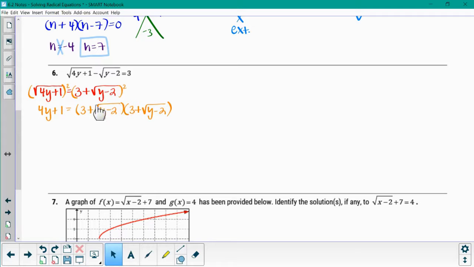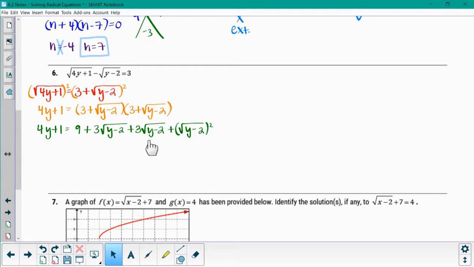So I am FOILing with this 3 plus square root of y minus 2. And on the left-hand side, it just canceled out the square root. So I'm going to start with my first. So 3 times 3 is going to give me 9. I'm going to start with my outsides. 3 times square root of y minus 2 is just 3 square roots of y minus 2. Insides results in the same thing, 3 square roots of y minus 2. And my lasts, I'm going to do plus square root of y minus 2 squared because it's the same thing